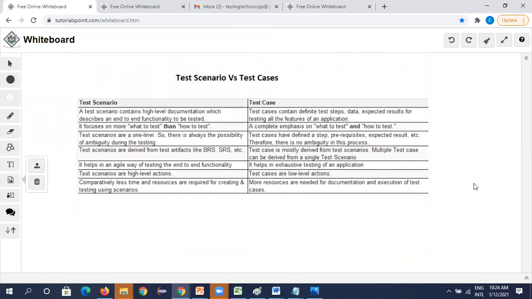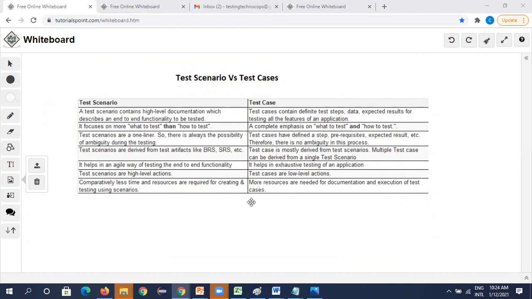Yes. In test cases, we get the actual result as well. Exactly. Yes, detailed step-to-step execution. Good.